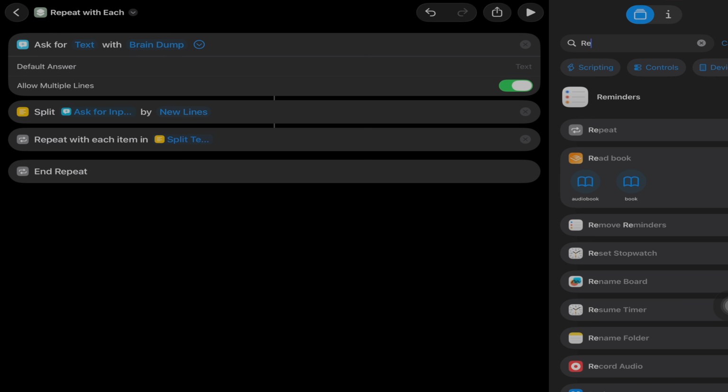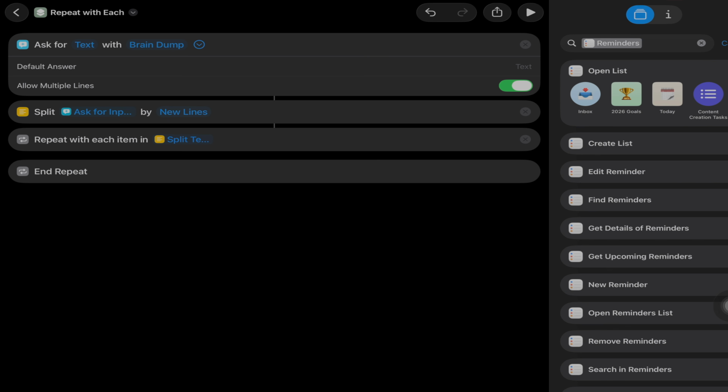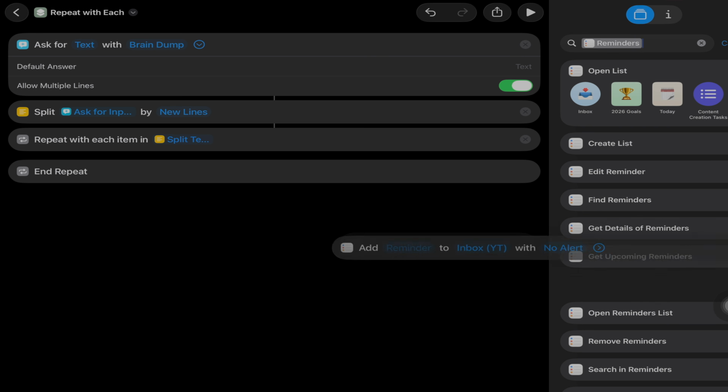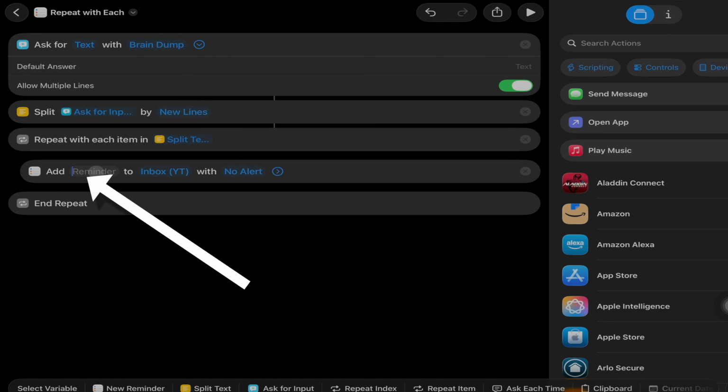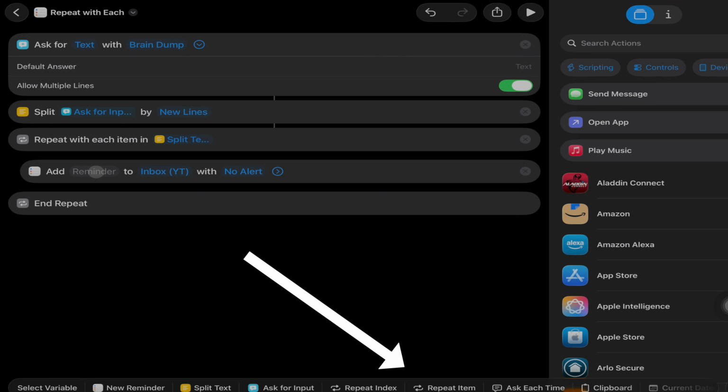Now we want to do another search action, and this time you want to type in reminders, and you're going to pick the option for new reminder, and you want to drag that in between where it says repeat with each and end repeat. Okay, now in our reminder block, we want to hit that lightly shaded area that has reminder, click that, and we want to select the repeat item block from the bottom of the screen. And this one is already set up to go to the correct area, our inbox,